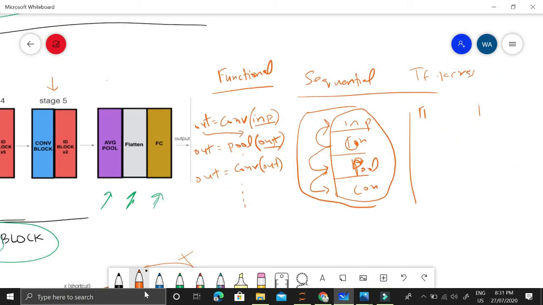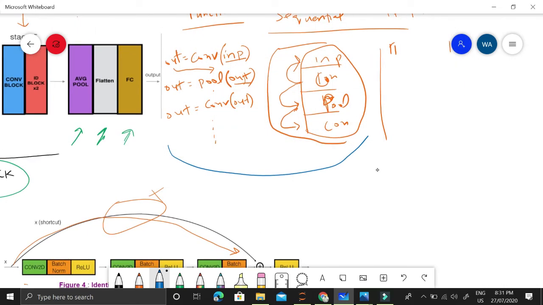Both of these ways of writing code in Python TensorFlow Keras are right, but this functional API gives us much more control than the sequential API. In the sequential API, we are saying that whatever is above this layer, the output of that layer, is the input to this convolutional layer. So we are losing that control. If we want to give input to that layer, that layer should be above this convolutional layer. Instead, the functional API gives us that control.